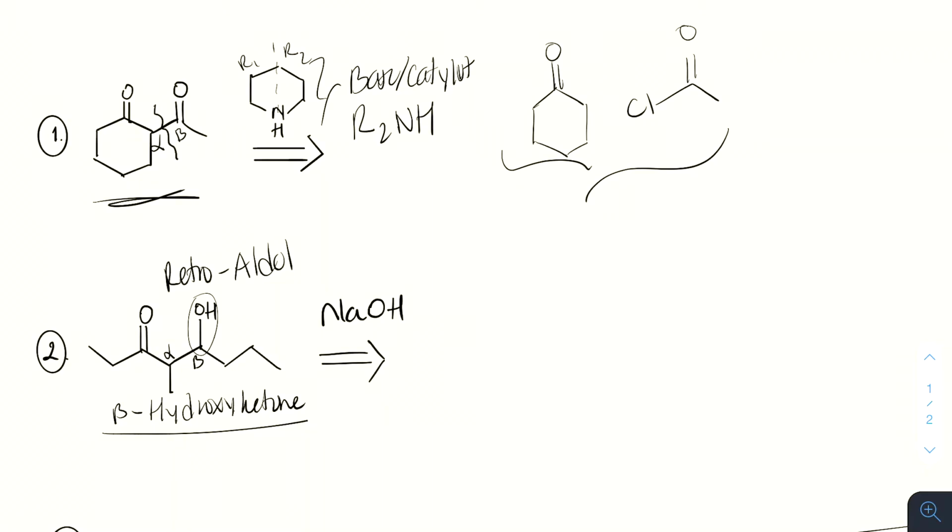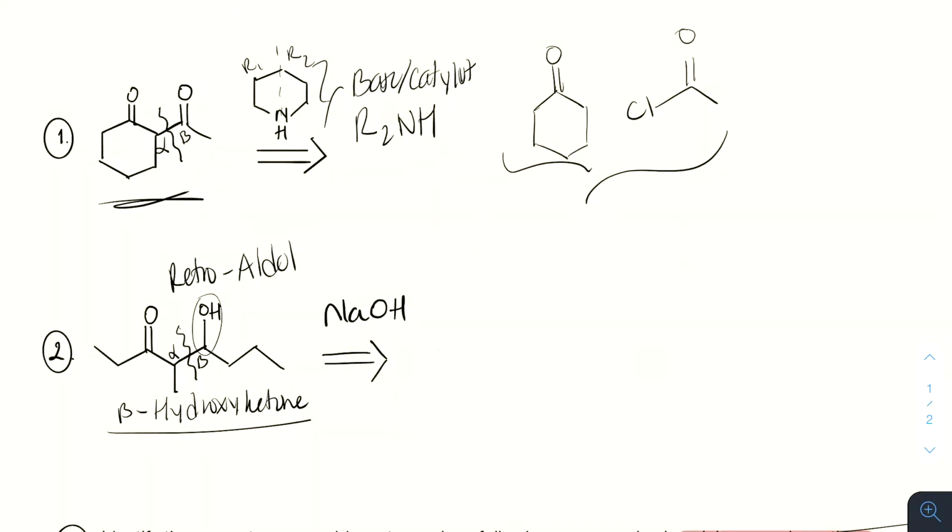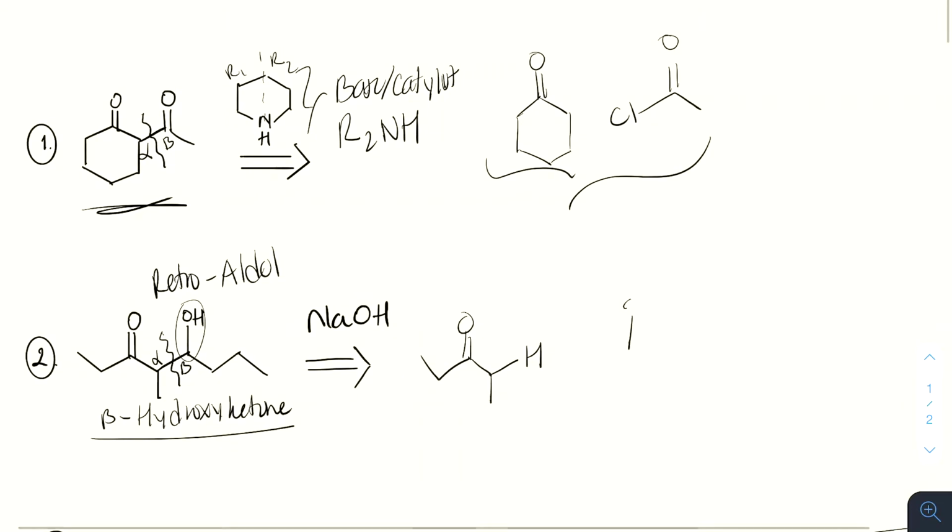In an aldol reaction, to get the reactants, you just cleave off the alpha beta position, and you form something like this. In place of where that bond was, you're going to just add a hydrogen. And where that alcohol is, it gets replaced by a carbonyl, and this forms an aldehyde,